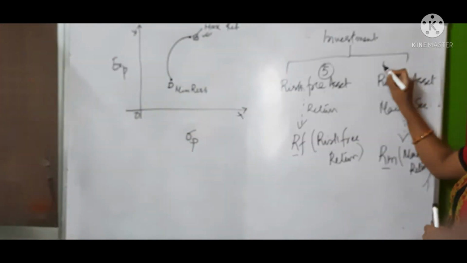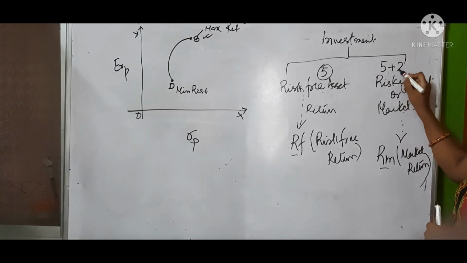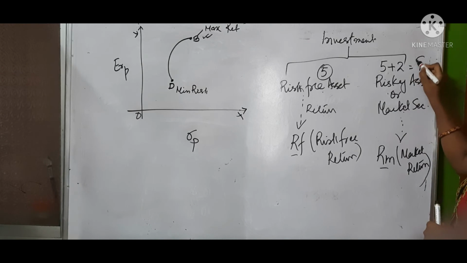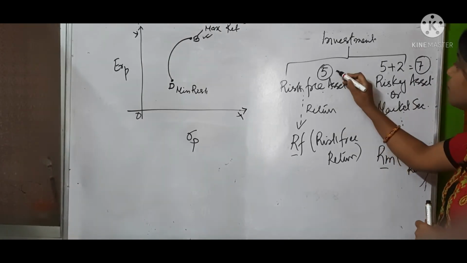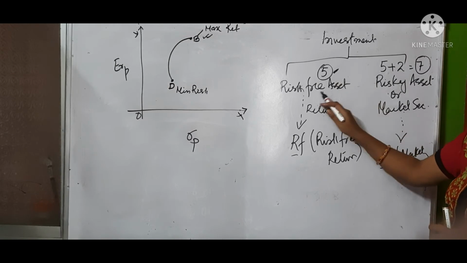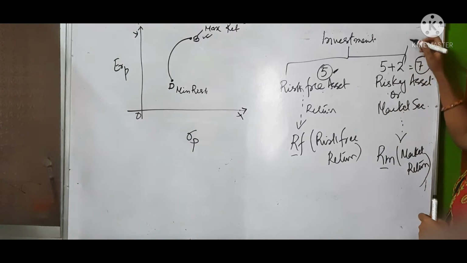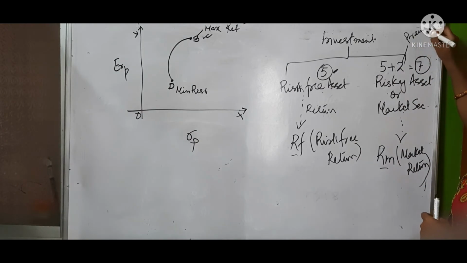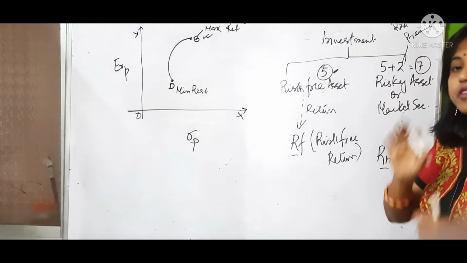So you get 5 plus you have to get something extra, suppose 2, so that means you are getting 7 rupees from the market. So any investor should get the minimum that investors can get out of risk free assets, and over and above that you must earn something called premium. This is called risk premium. Because you have taken risk, you are earning some extra, that is known as risk premium.